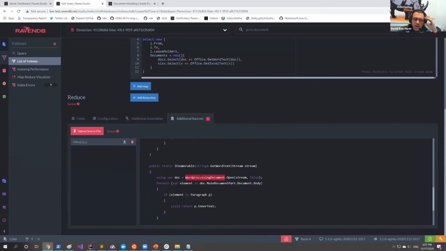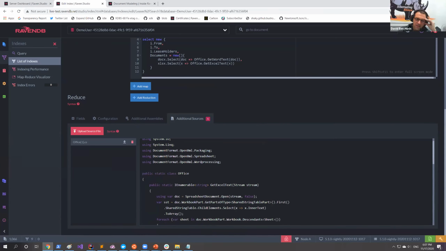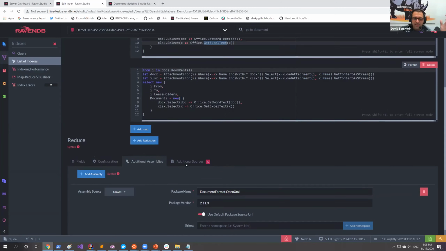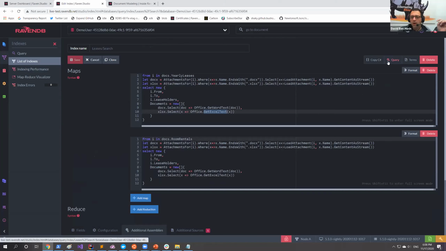But where did we get this from? This is coming from here, from document format. But where did we get this from? This is coming from here. RavenDB now has, this is for 5.1, NuGet integration. That means that you're able to specify packages like this and work with them. And in this case, it means that we're able to query